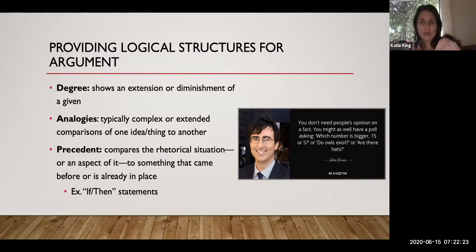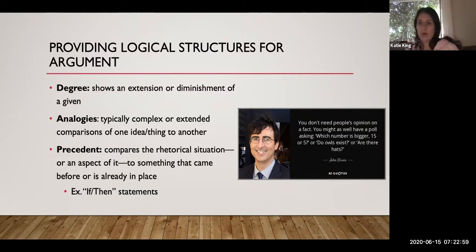For artistic logical proofs, you can utilize analogies. I do this all the time. If you've watched any of my videos so far, you'll see that I make constant comparisons to try and explain complex ideas. If you look at the quote from John Oliver on the right, he's using an analogy. He says, you don't need people's opinions on a fact. You might as well, and that's where the analogy comes in, that's where the comparison comes in,